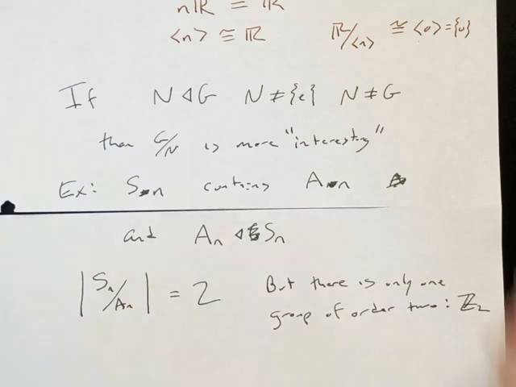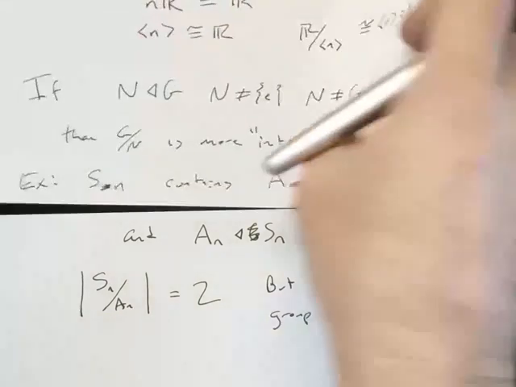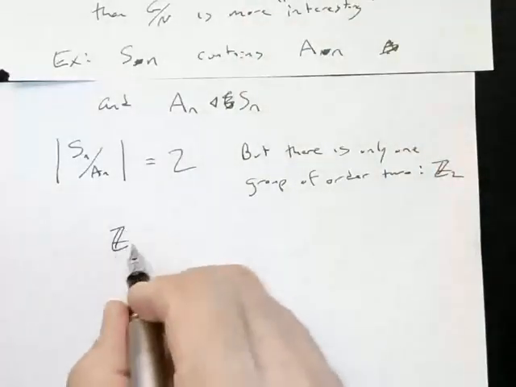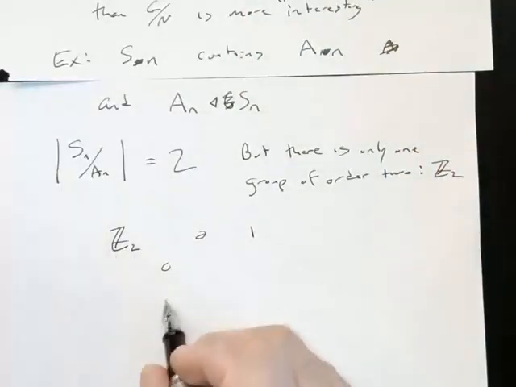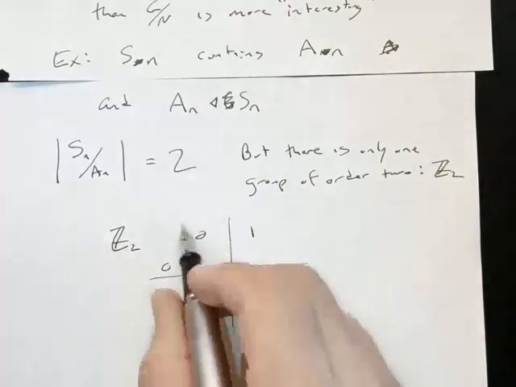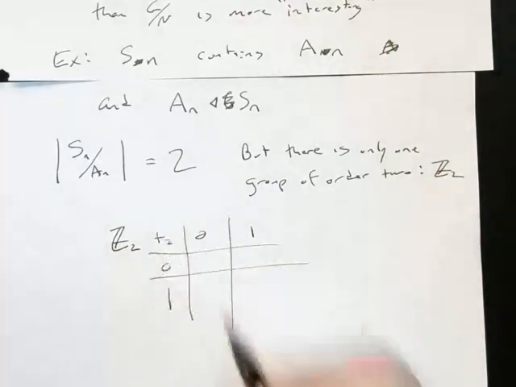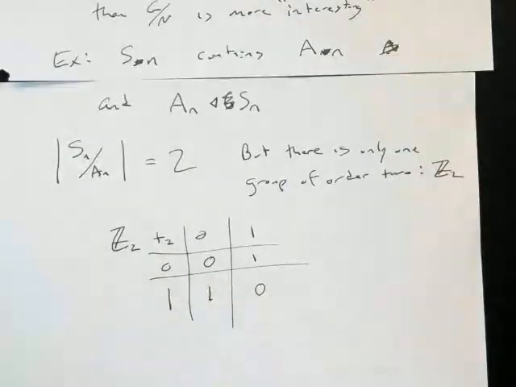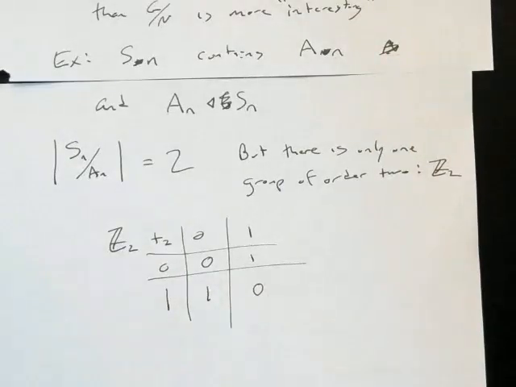So I think of the group Z2, which I can certainly write down. Under addition mod 2, I get this. And if I write